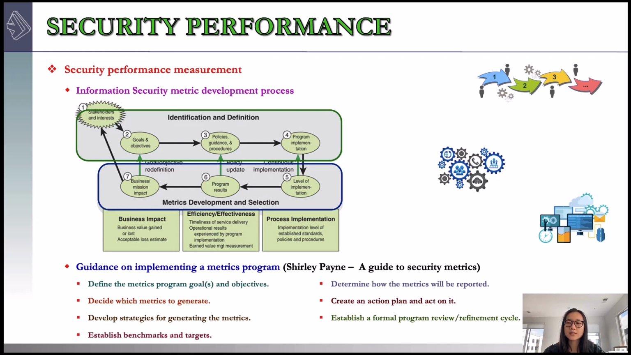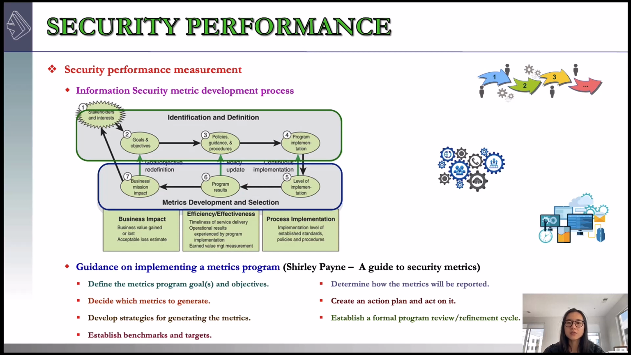It also demonstrates that information security metrics are used to progressively measure implementation, efficiency, effectiveness, and business impact of information security activities within organizations or for specific systems. The information security metric development process consists of two major activities. The first main activity is identifying and defining the current information security program. And the second activity is developing and selecting specific metrics to measure implementation, efficiency, effectiveness, and the impact of the